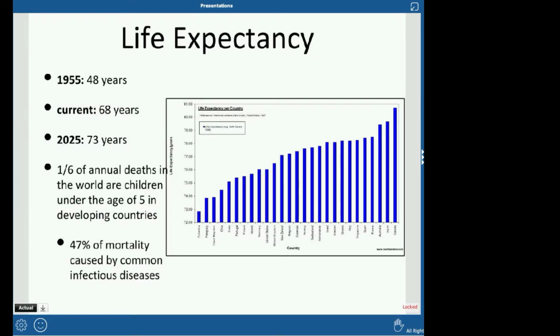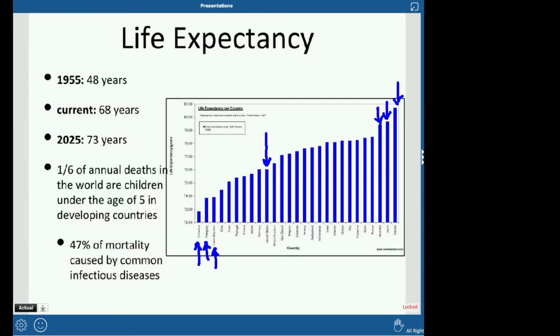Now, here's something interesting. If you look, the United States is right here, right? We're not anywhere close to the top of the highest life expectancy. In fact, we're in the bottom to mid third, right? Who has the highest life expectancy? It looks like Canada, right? And then after that is Japan and Australia. And then it kind of goes down from there. Colombia has the lowest life expectancy, then Paraguay, and then the Czech Republic.